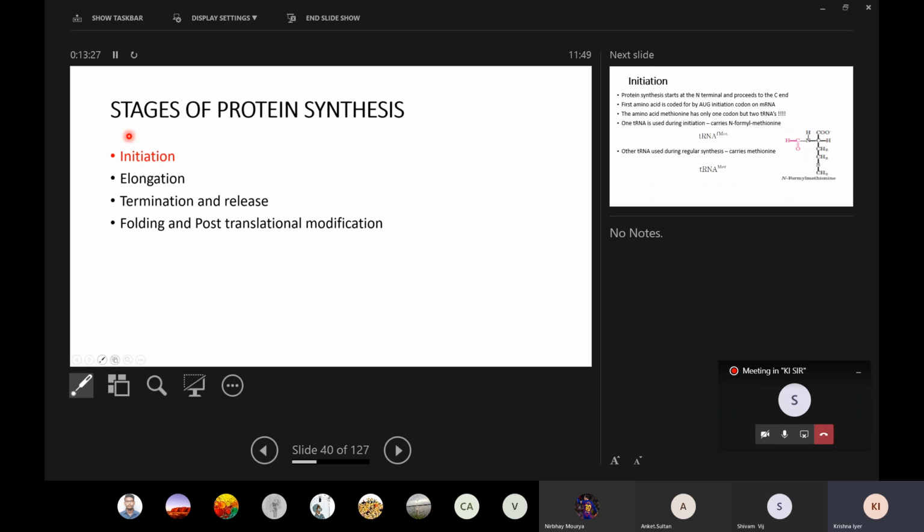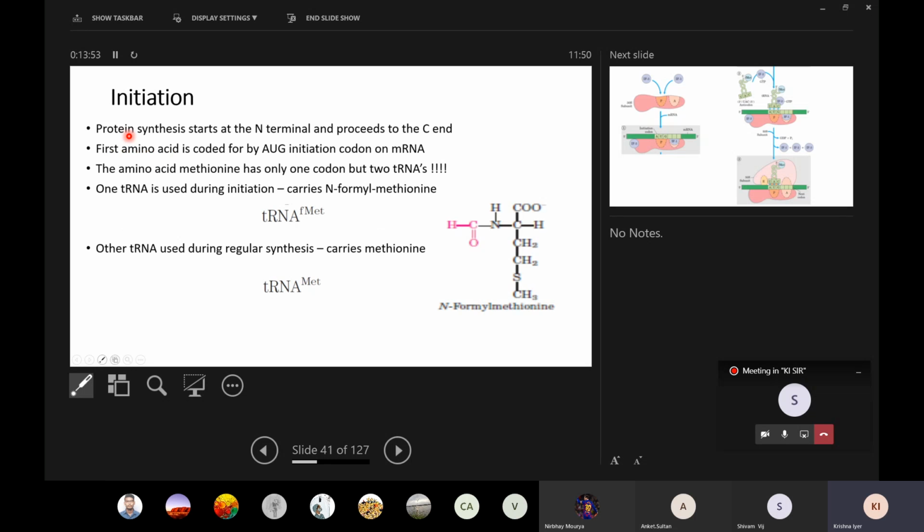What I'll do is emphasize more on the prokaryotic system because that is what we understand a little bit more. Eukaryotic systems generally tend to be a little more complex and involve more players than the prokaryotic system. So with that background, that eukaryotes will always be a little more complex than prokaryotes, let us look at the process of initiation. In terms of how proteins are made in our body, you'll always find that protein synthesis occurs in the N to C direction,